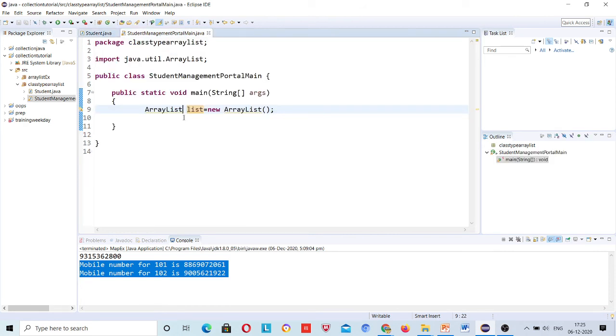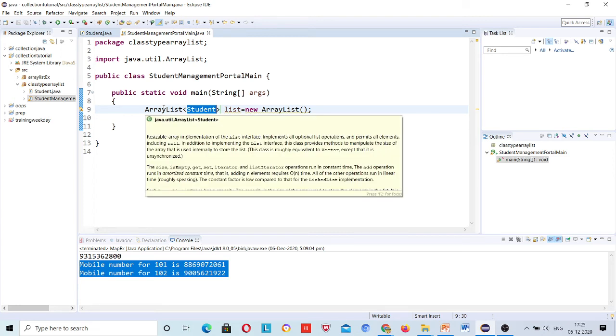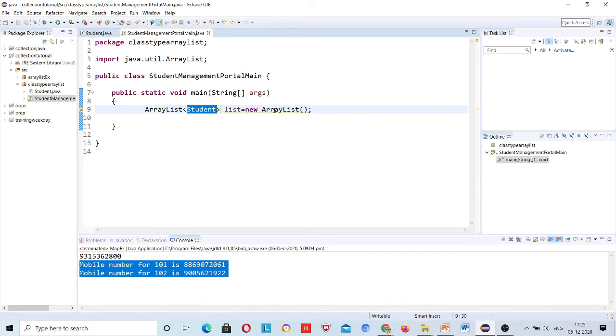Student, right? That's why we said that array list can store objects. Now we are proving that, right? This array list is of what type? Student type, right?